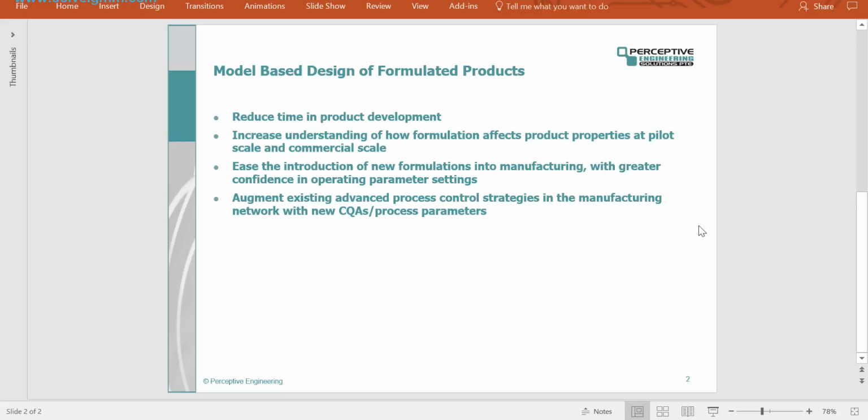Secondly, the model-based approach can help us in understanding how formulation affects product properties at pilot scale and also at commercial scale. Thirdly, a great benefit for the dryer network is that we can ease the introduction of new formulations, and we can have greater confidence in operator parameter settings. The model-based approach also allows us to augment the advanced process control strategies in the network for new critical quality